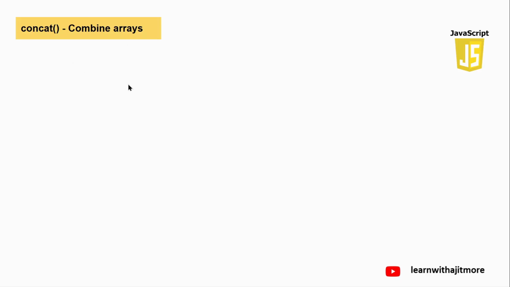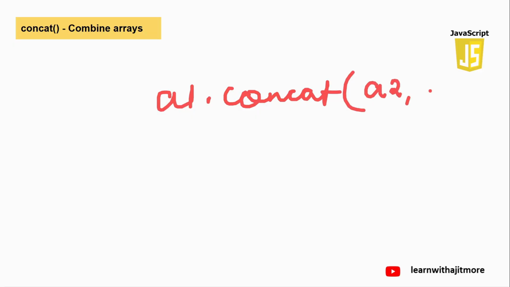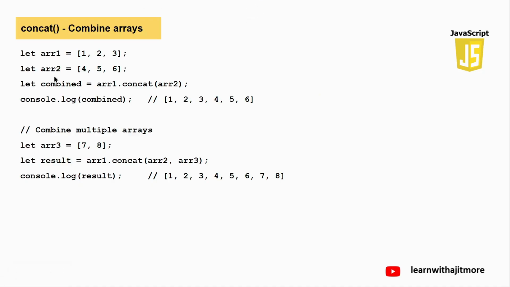ओके तो यू कैन डू इट बाय मेथड कॉनकैट मेथड यूज करना है तो यू हैव टू राइट लाइक दिस अरे वन डॉट कॉनकैट एंड देन पास one or more arrays a2 a3 a4 जितने it will combine the elements of A1, A2, A3 all and return you a resultant array. एक resultant array आएगा and इस resultant array में क्या रहेंगे elements of all these arrays. ठीक है see array 1 1 2 3 array 2 4 5 6 array 1 dot concat array 2 so it is going to combine the elements of array 1 and array 2 1 2 3 4 5 6